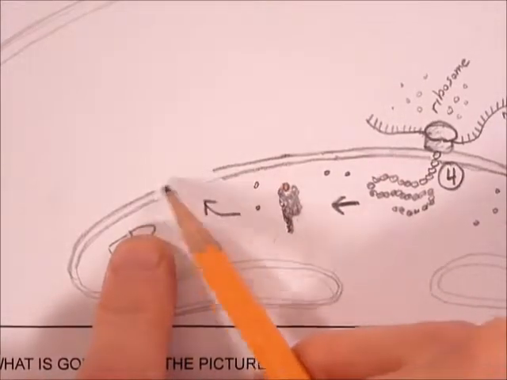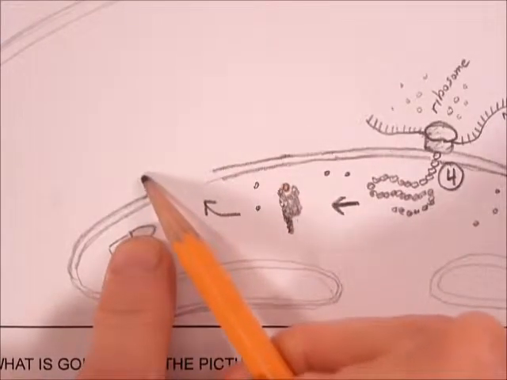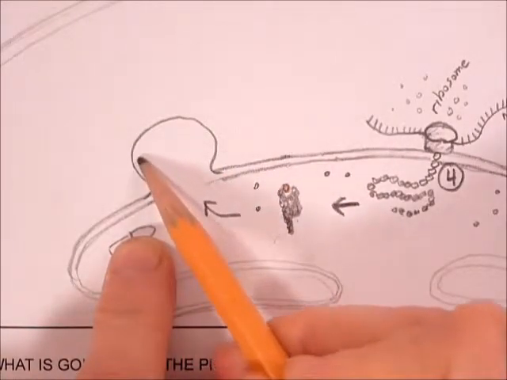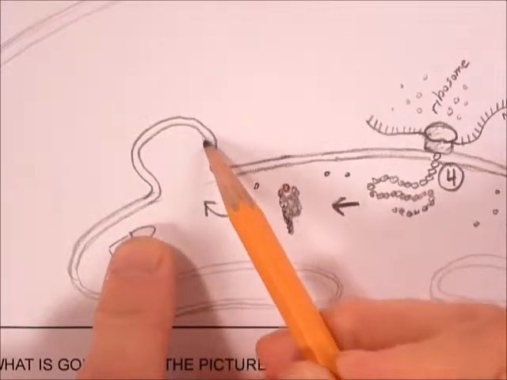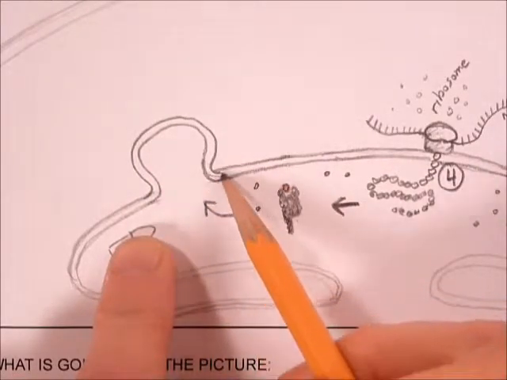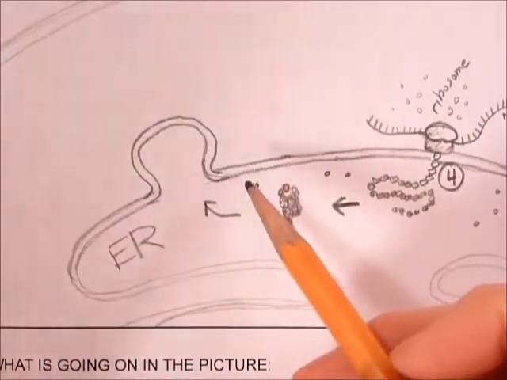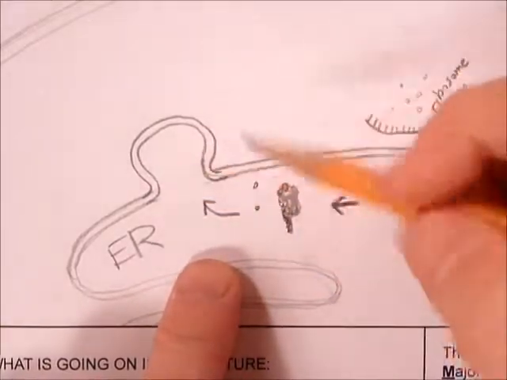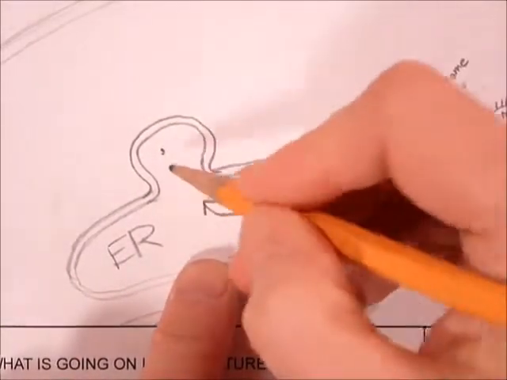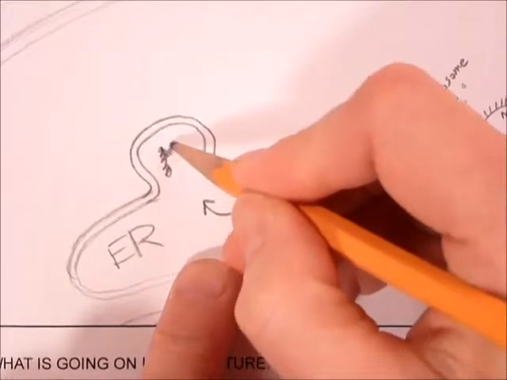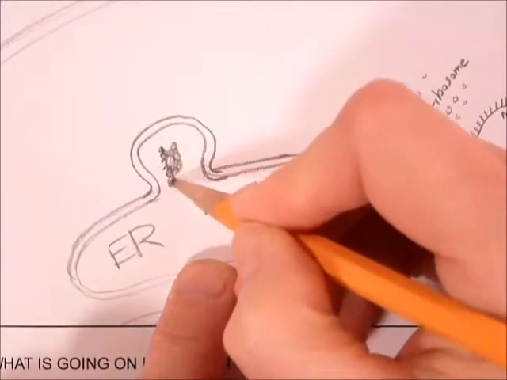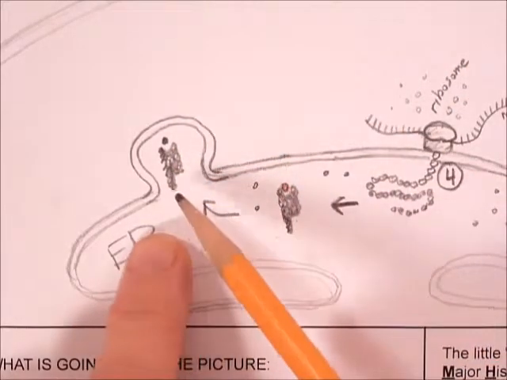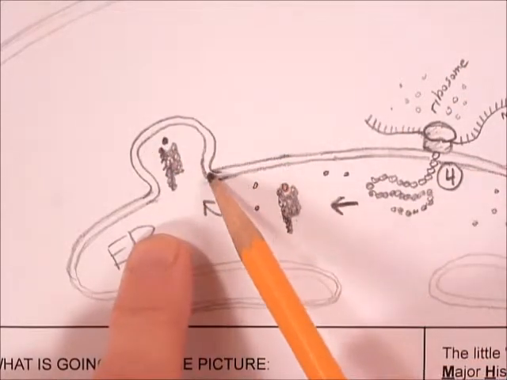And the ER, its job is to create vesicles. Now it's really good at doing this because basically the ER is just this huge tube of plasma membrane, and a vesicle is just a bubble made out of plasma membrane. So it creates this little bubble, and this little clip thing goes up, right? Draw it again, scribble, scribble, there we go, and it creates the little protein in there. So it goes into this little bubble,